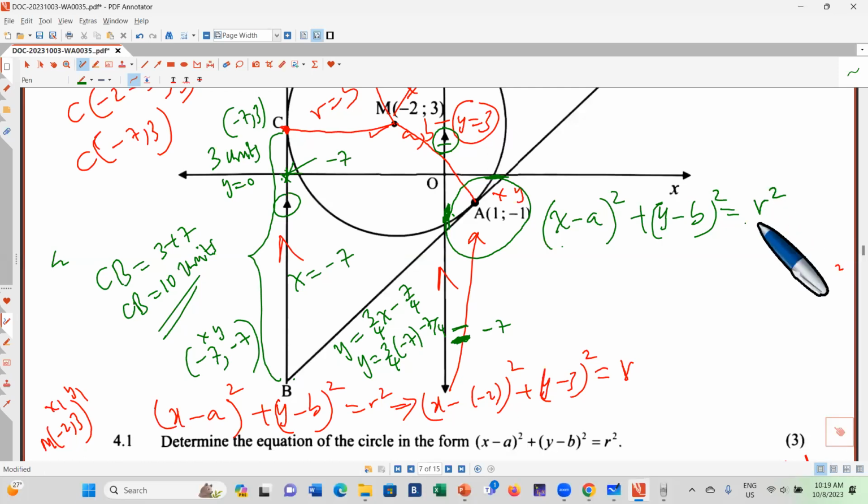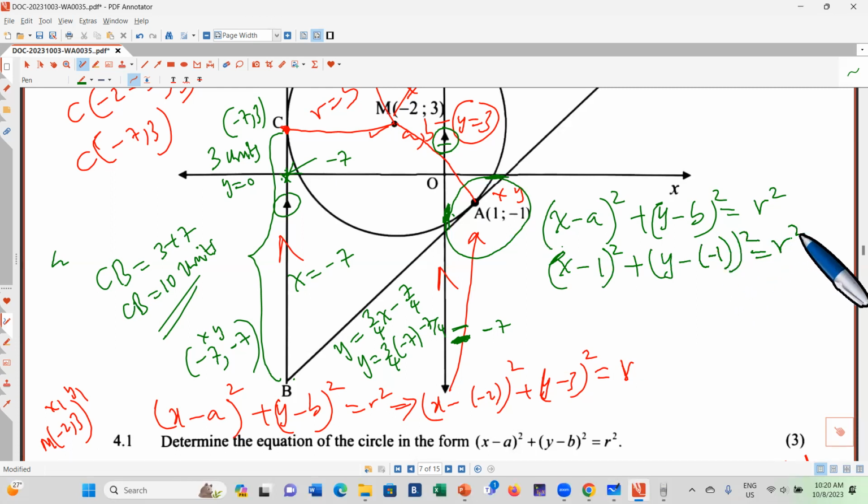Okay, we want to find the equation of a circle, and this is the formula, right? So now the x value is 1, so you just substitute the 1 in the place of a. In the place of a, you put 1, and then you square this. In the place of b, you put -1. You square this, which equals r squared, which means you have (x minus 1) squared plus (y plus 1) squared